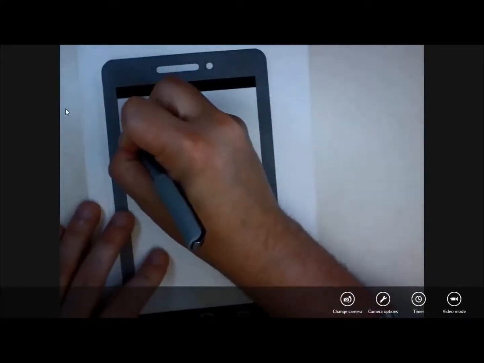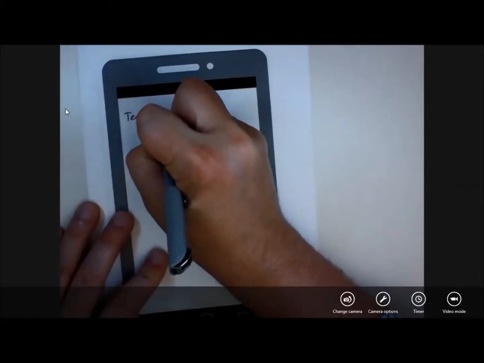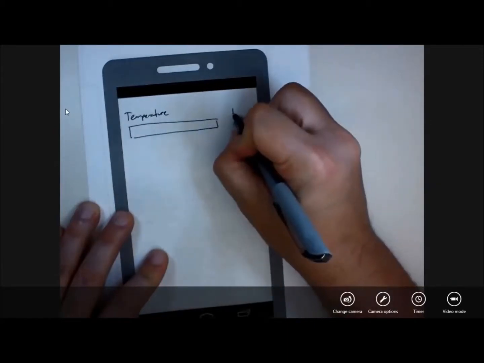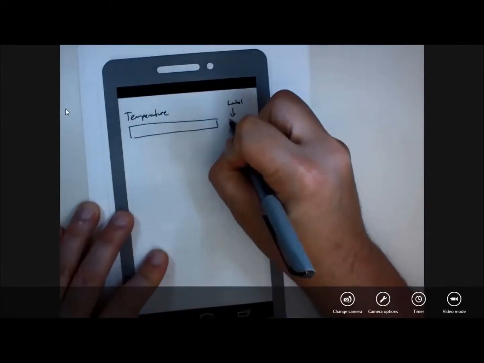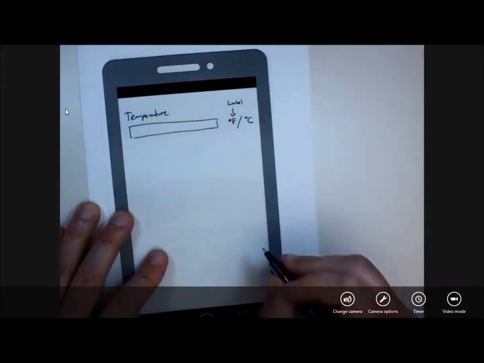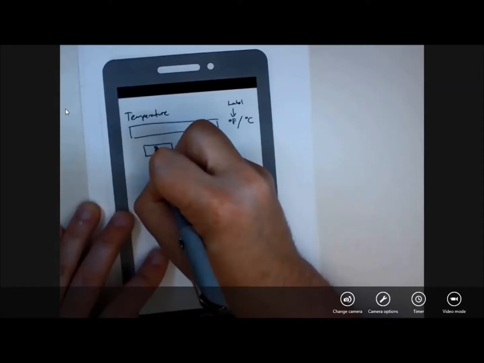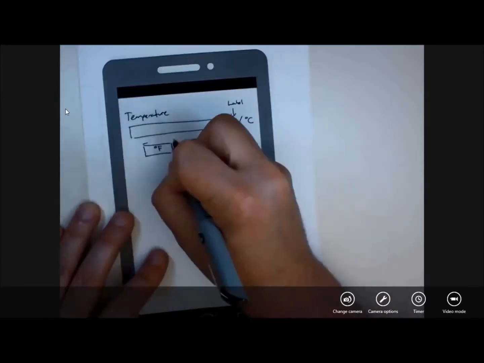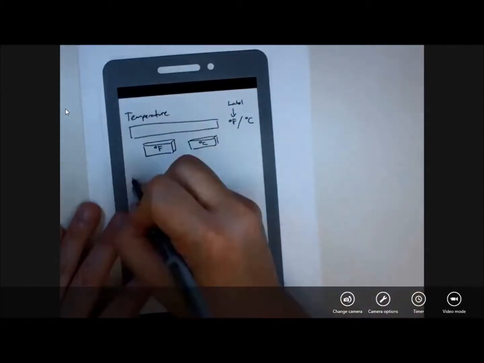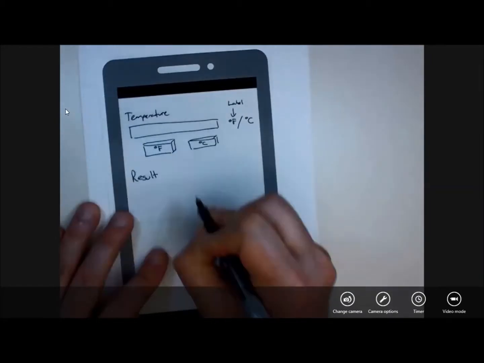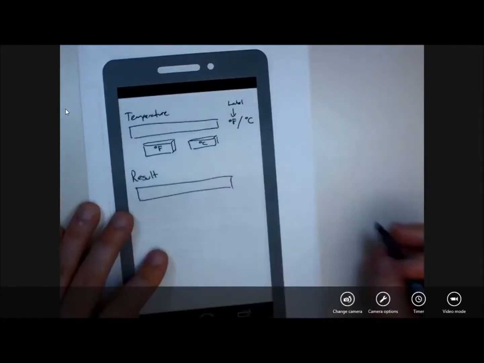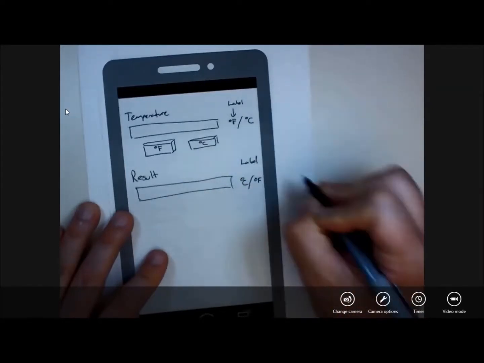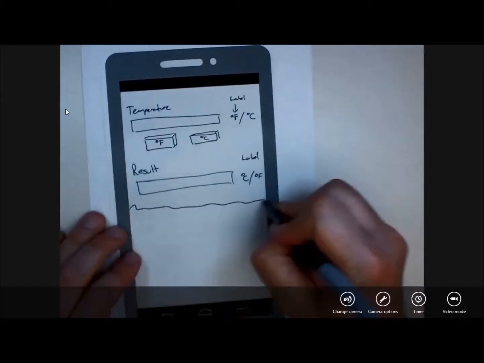I'm going to have a temperature, and this is a label here. It's either going to read degrees Fahrenheit or degrees Celsius. And I'm going to have a button here called degrees Fahrenheit and a button here called degrees Celsius. And then a result. And then another label here. It's either going to be degrees Celsius or degrees Fahrenheit. Right? And the way this is going to behave, for example,